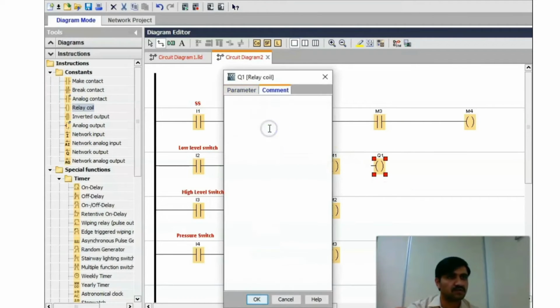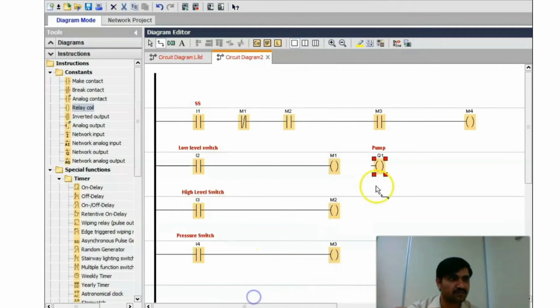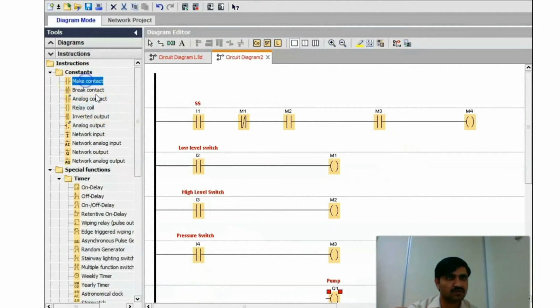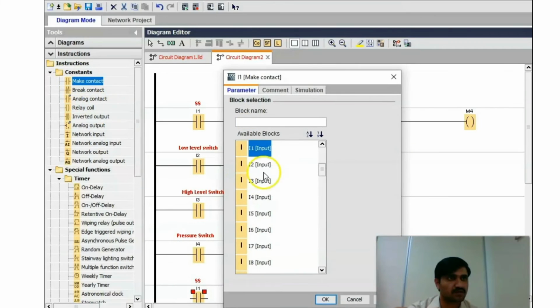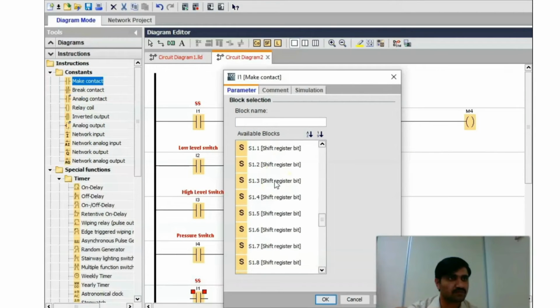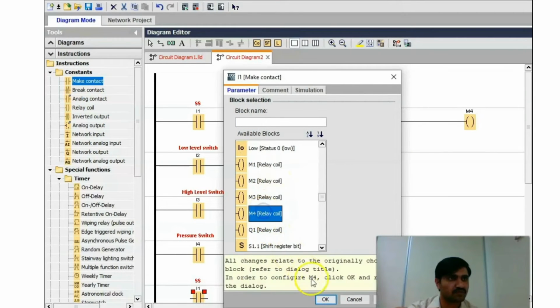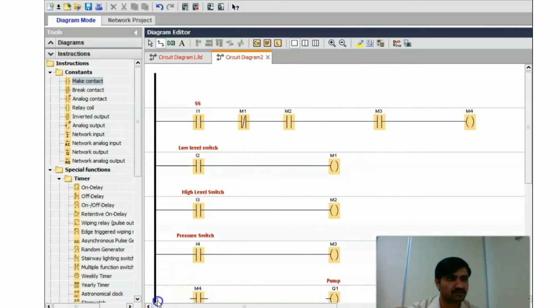Q1 is our pump. It will go to the pump for the start command. So Q1 will come here. Now we need to make a contact for M4. M4 is here. When M4 is on, Q1 will also be on and our pump will start.